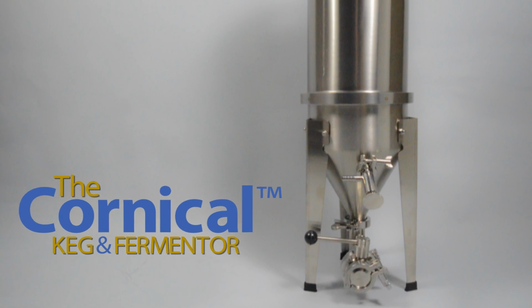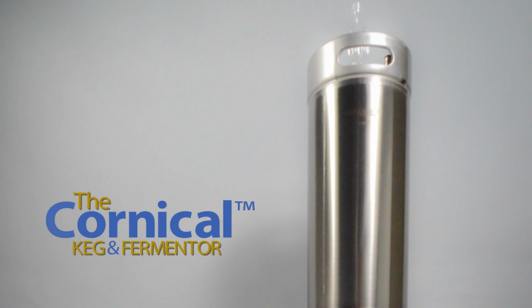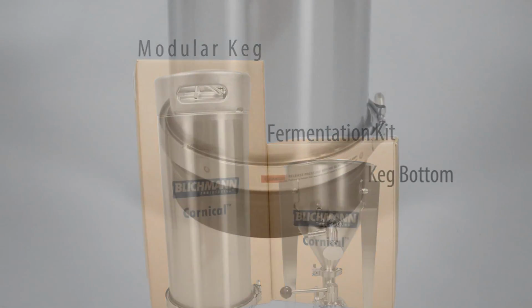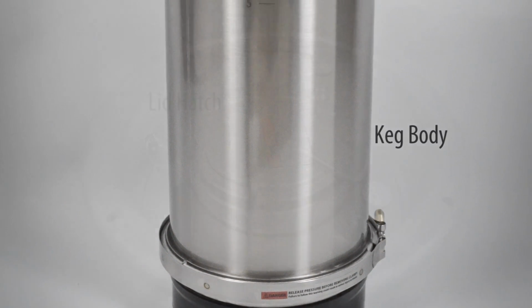The Cornical lets you easily ferment, carbonate, and serve beer from one vessel. The Cornical consists of a modular keg and fermentation kit. With a Cornical modular keg, you will receive the keg bottom, a V-band clamp, the keg body, and a lid